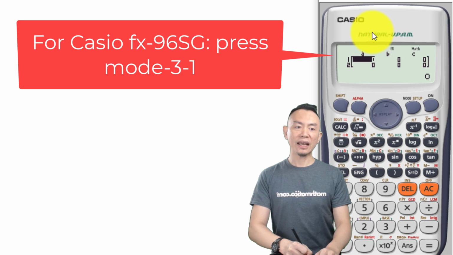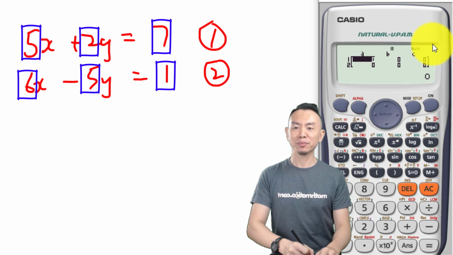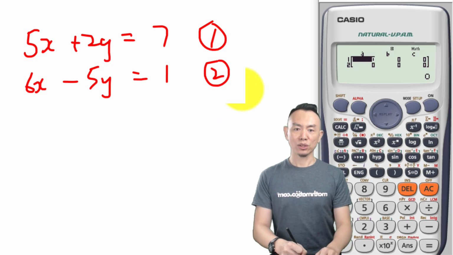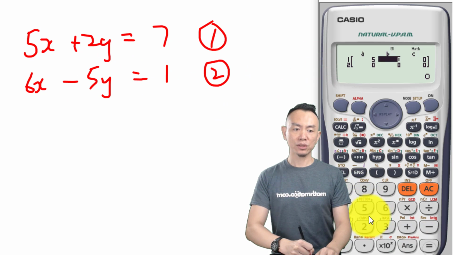So I press 1 and we have 6 numbers here. Now these are supposed to be the coefficients of the x, the y and the constant term on the right hand side. Just like this. Which is why we have to arrange them in order before we start to key them into the calculator. So what we have here will be 5 equals 2 equals 7 equals